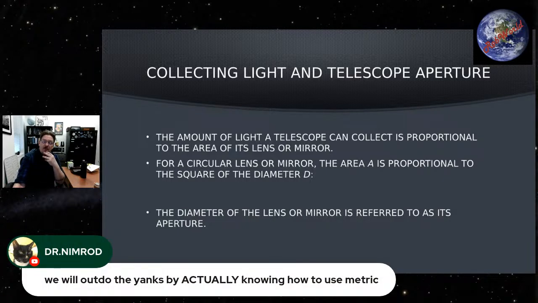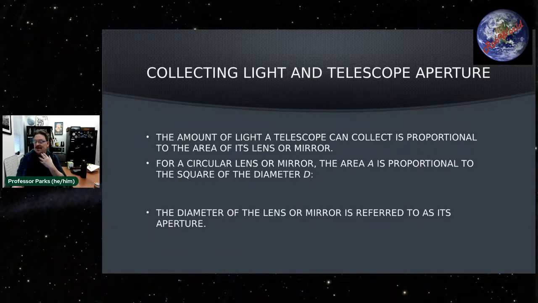Yes. Well, actually, you'd be surprised, Nimrod. We academics actually do know how to use metric. Like I said, our telescope is in meters. Although, like I said, the telescope here is in inches. I don't really know why. I've been trying to train myself to refer to all things as metric, but for some reason with this class of telescope, I just can't call it a 0.8 meter. It just doesn't feel right. And I don't really want to call it an 80 centimeter telescope either. It just doesn't feel right.